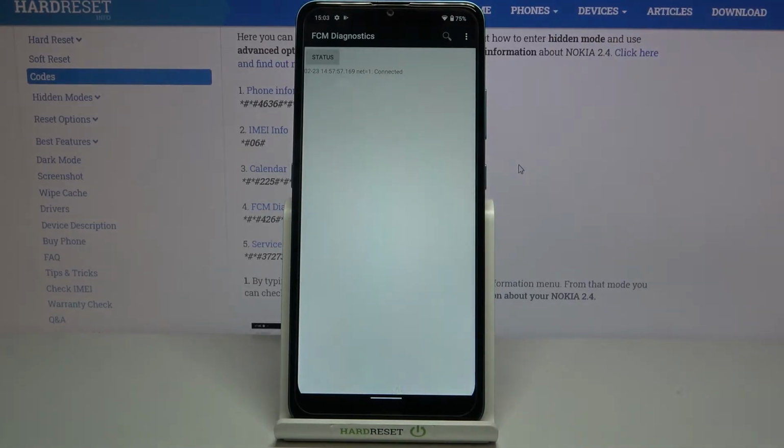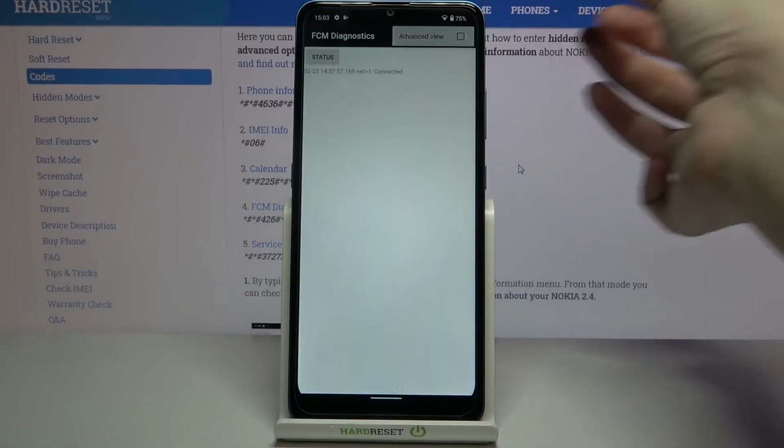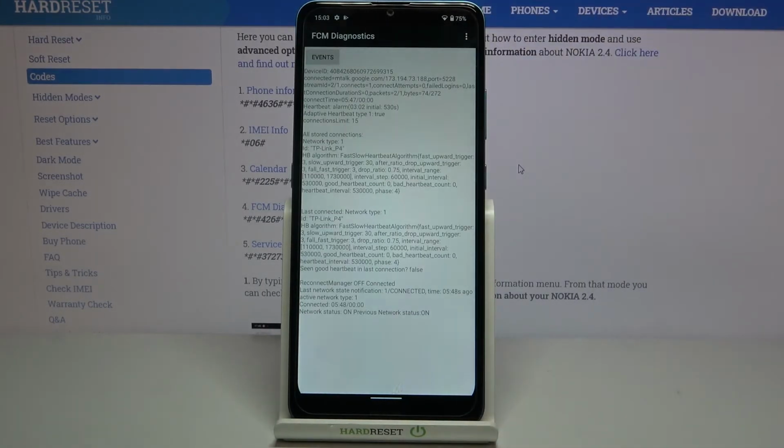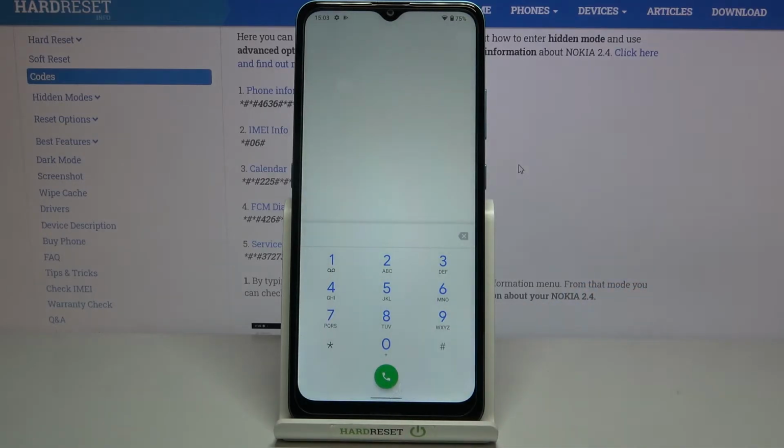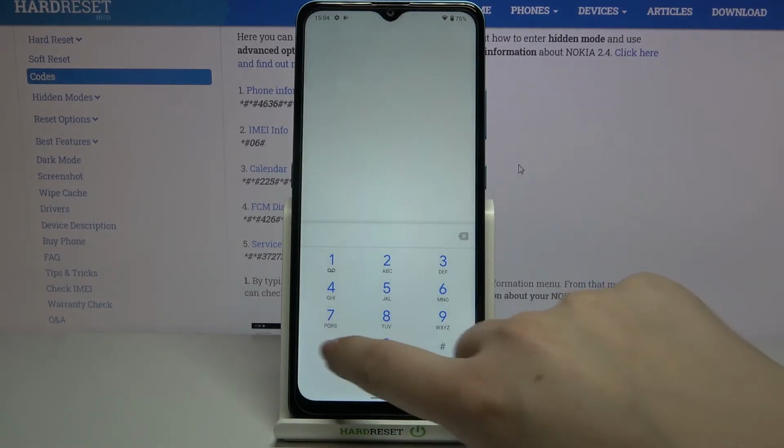What's more, we can show an advanced view just by tapping on this three dots icon, tapping on advanced view and tapping on the status again. And as you can see here, you've got some further details, for example like the heartbeat, adaptive heartbeat type 1, all stored connections and HB algorithm. Let me get back because that's all for this code, and let me show you the last one, which is